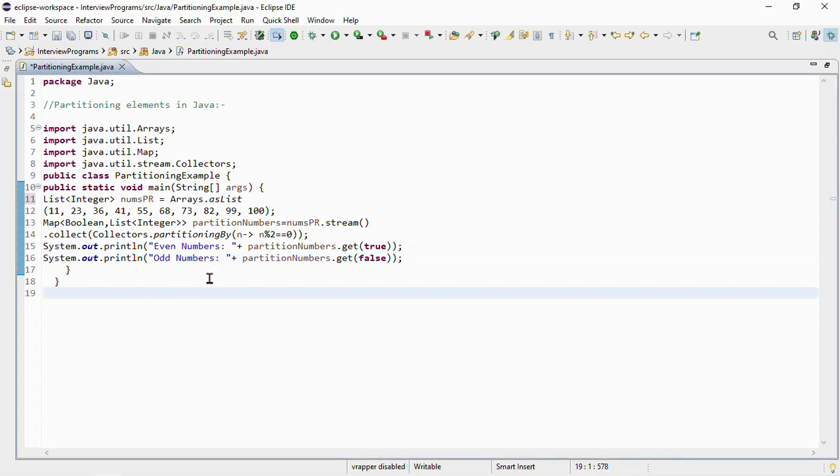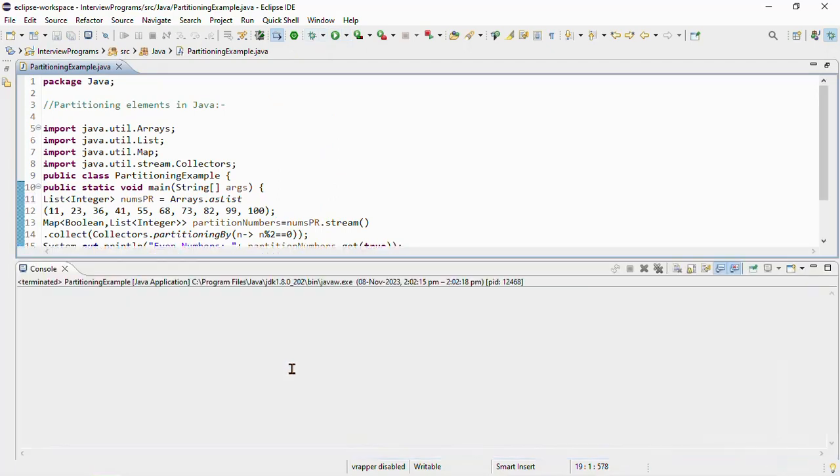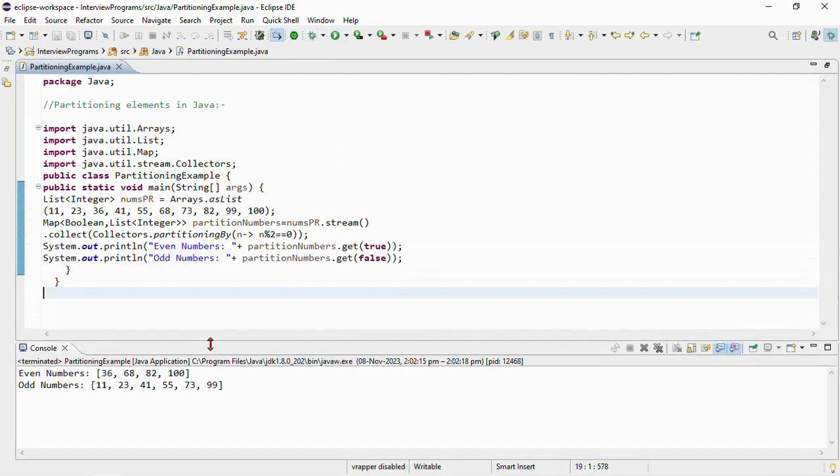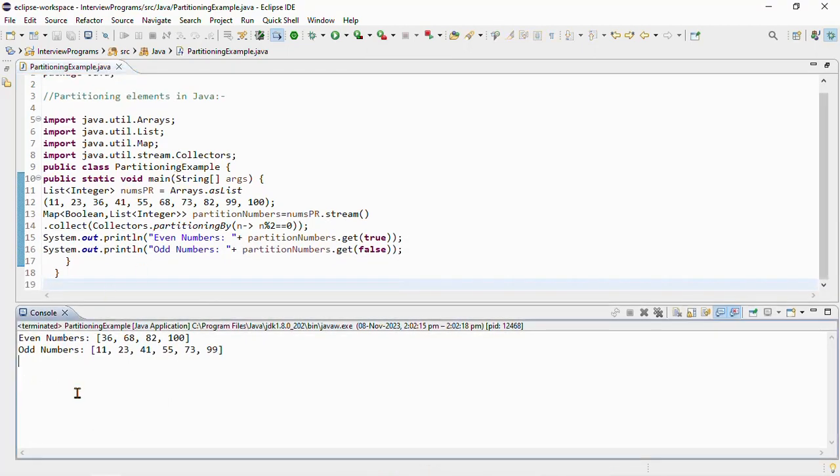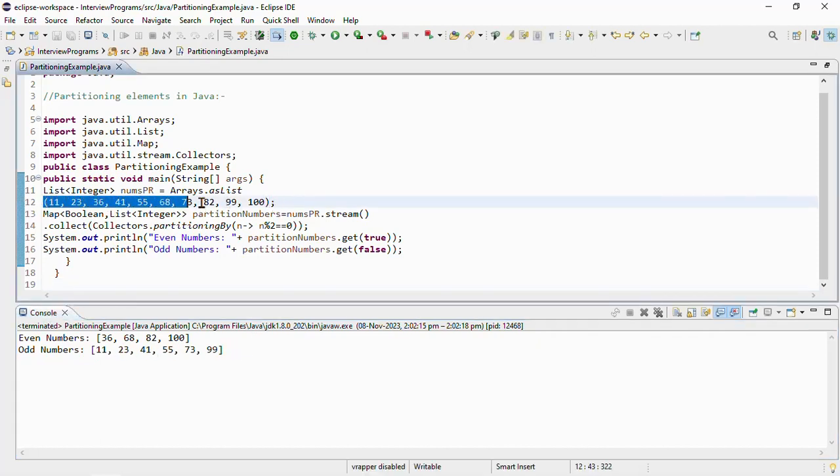So friends, let's run our code right now. Now you can see that this is our output. Our even numbers are 36, 68, 82 and 100, and odd numbers are 11, 23, 41 and so on. This is our original list.